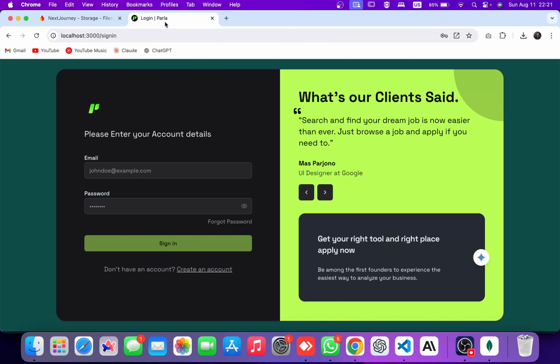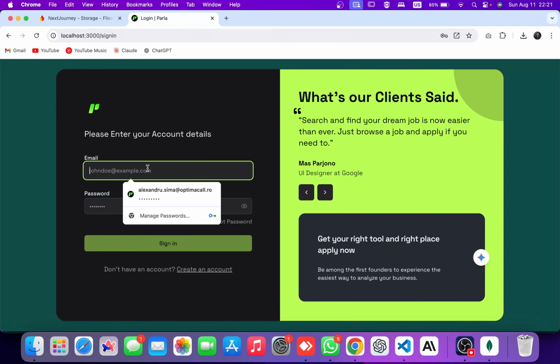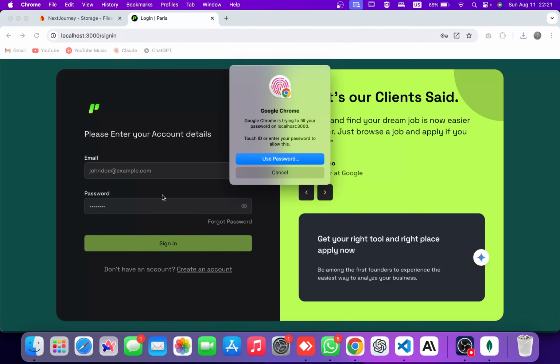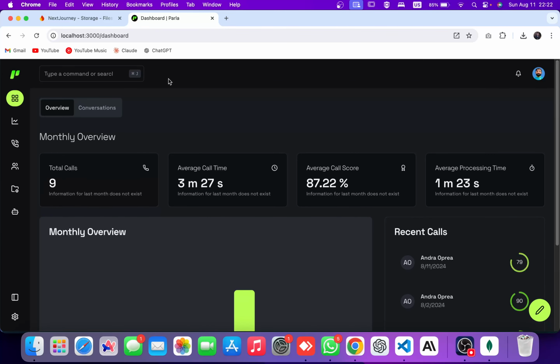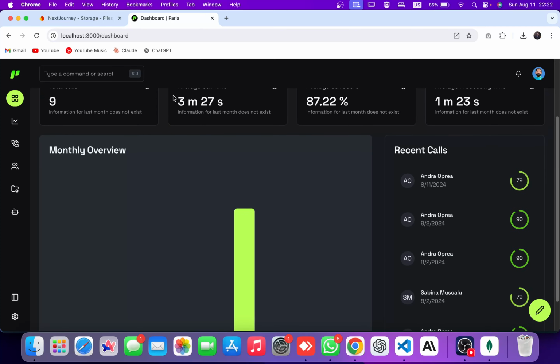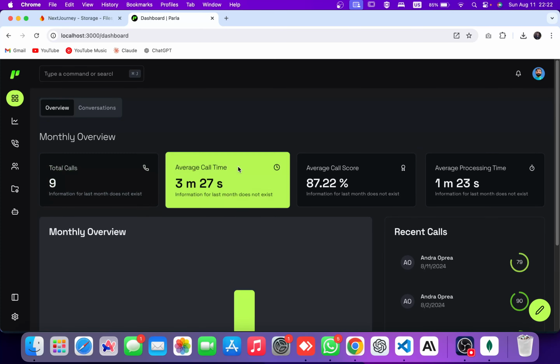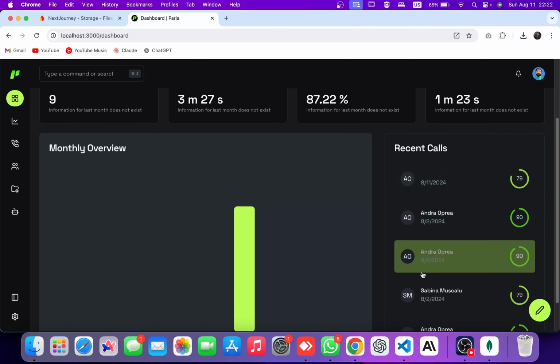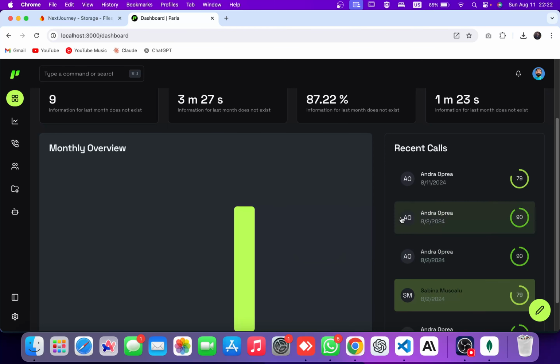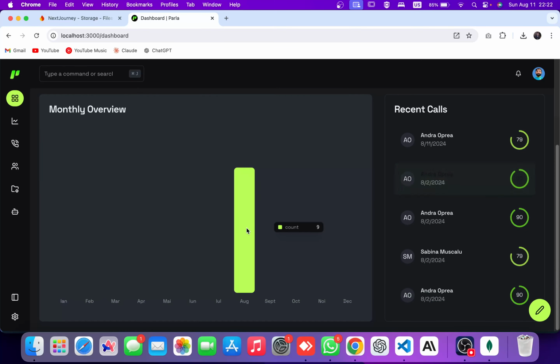Okay, let's go. For right now, I will try to log in to our platform. Like this it looks. We can see we have an overview tab right here with the total calls, average call time, average call score, average processing time, and some information about our calls. Right now this month, August, we have 9 calls